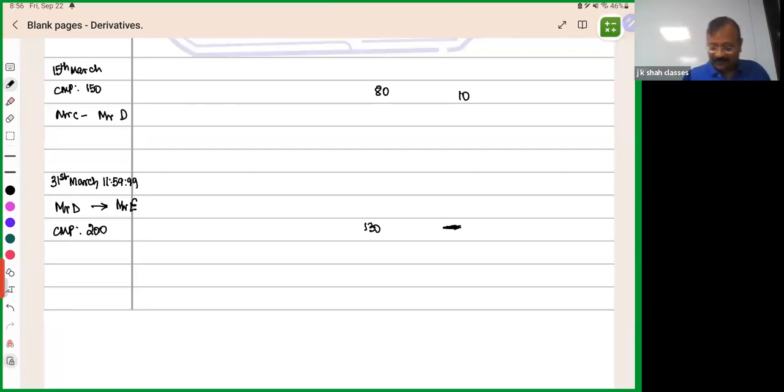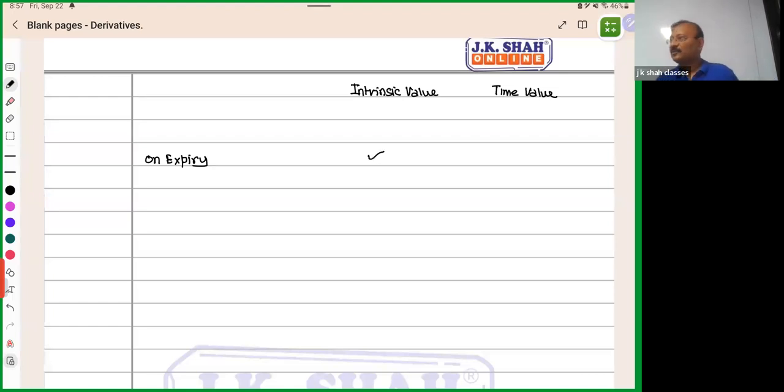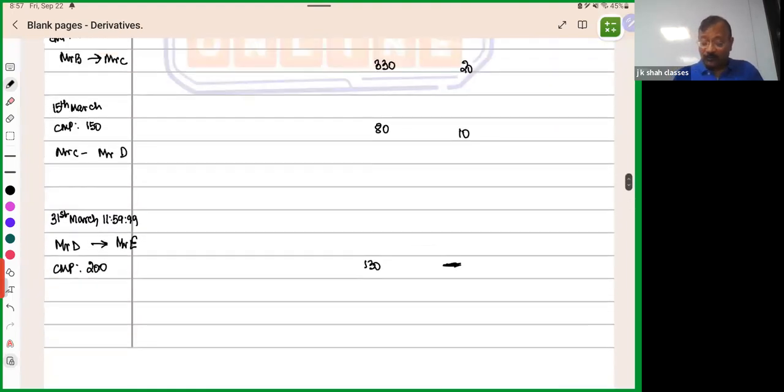Right? So that means we can now say on expiry, the option, if this is intrinsic value and this is time value, that means on expiry, the value of the option will have its intrinsic value, but it will not have its time value. Right. Now, before expiry,